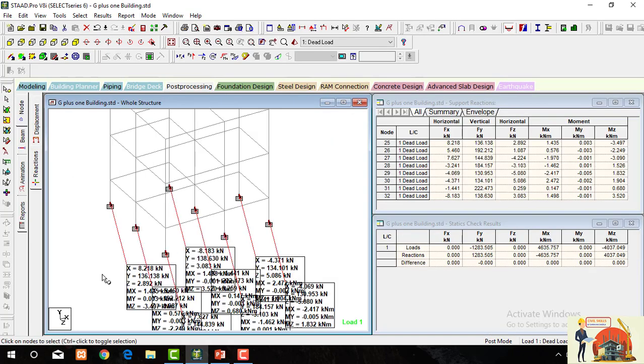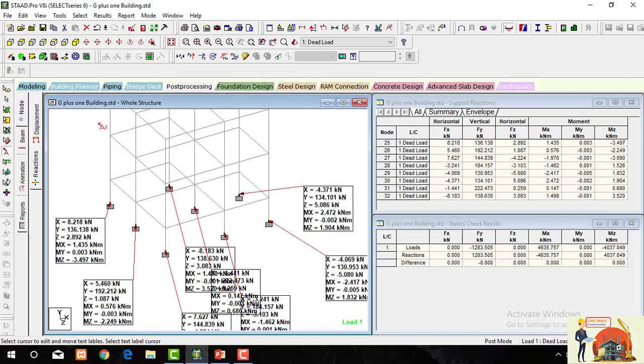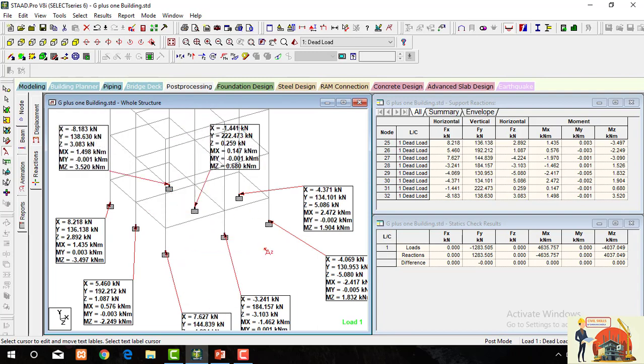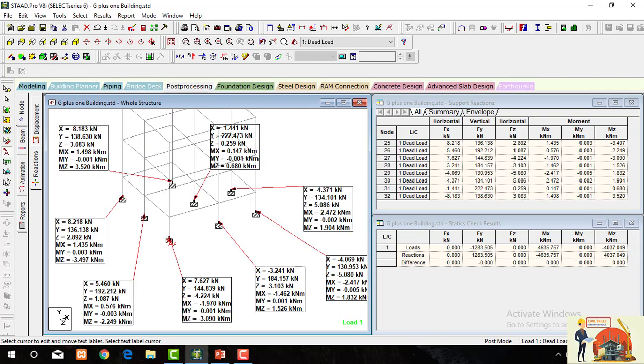From this you can see the reactions of each and every column. Also the bending moments of the columns.